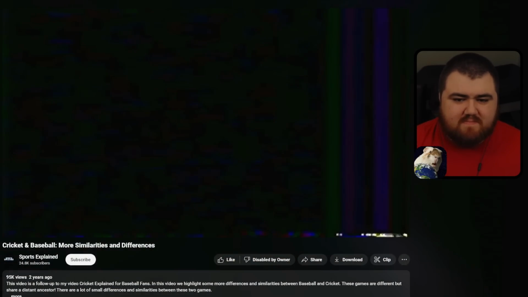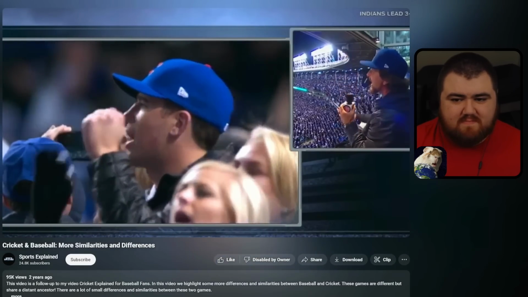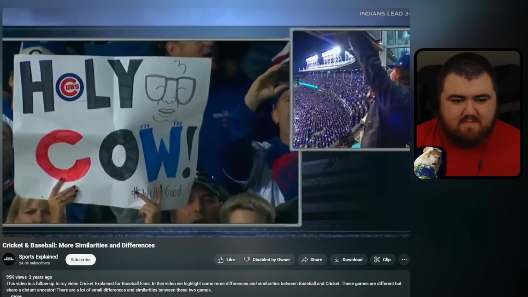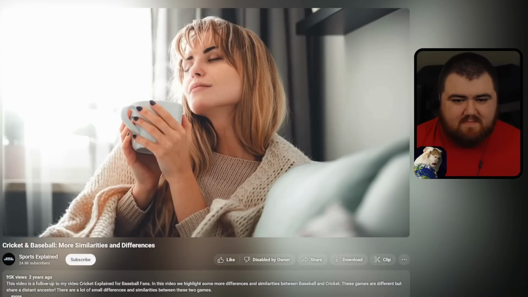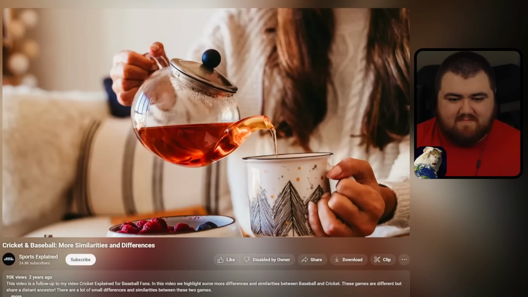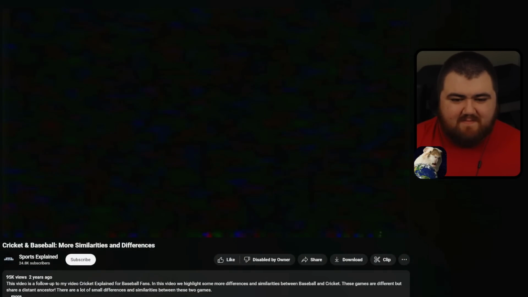One similarity is that both games have a bit of a ritual break built into them, at least at the highest levels. Professional baseball has its 7th inning stretch, whereas one-day international cricket and test cricket have tea and lunch or dinner breaks. The difference is that baseball's seventh inning stretch always happens halfway through the seventh inning, while the tea and dinner or lunch breaks in cricket happen at set times during the playing day, regardless of where they are in the match. Also, the breaks in these cricket matches are considerably longer than the seventh inning stretch, which only lasts a few minutes.